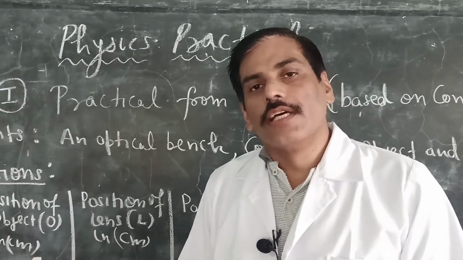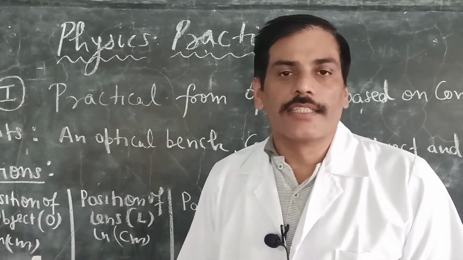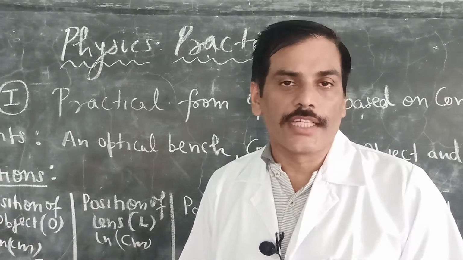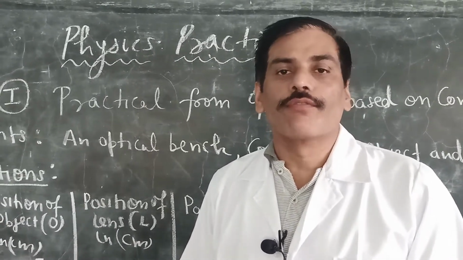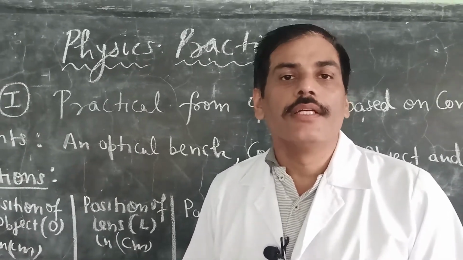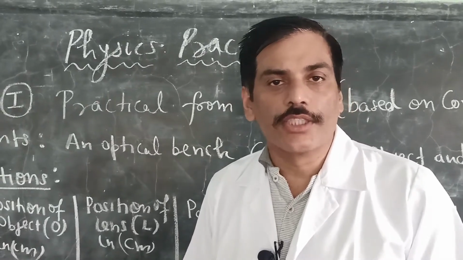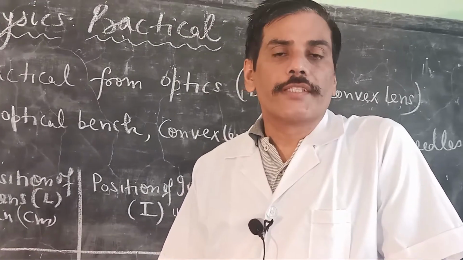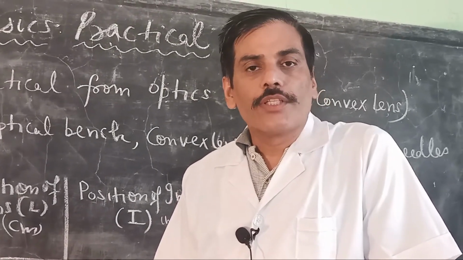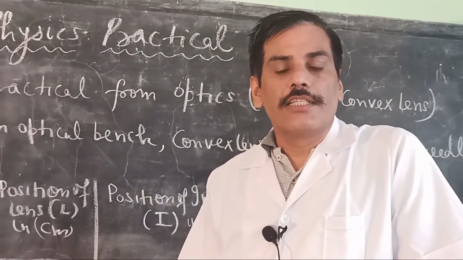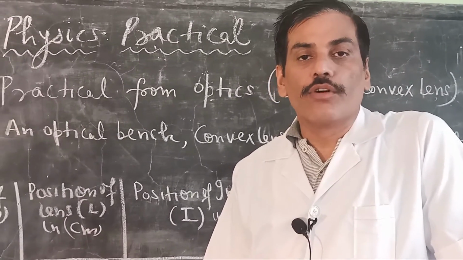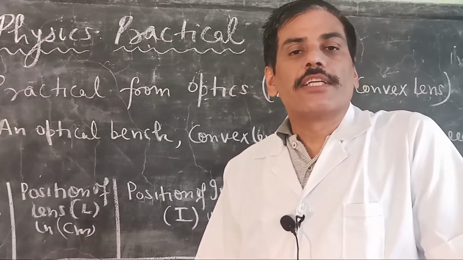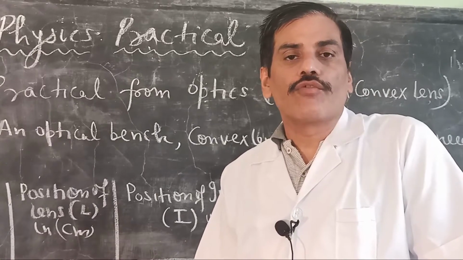As you all know, in physics practical there are generally two questions asked in the ISC examination, one from optics, a lens experiment, and one from electricity, generally an experiment based on Kirchhoff's law. One experiment question is based on optics, where the trend till now is that you are asked to find the focal length of a convex lens. The method of getting the reading is the same for any kind of question.